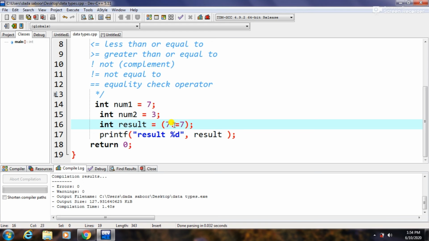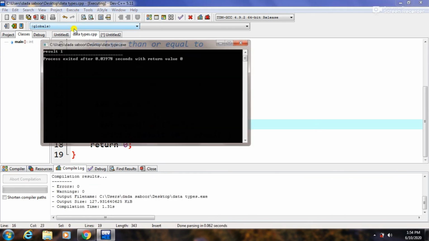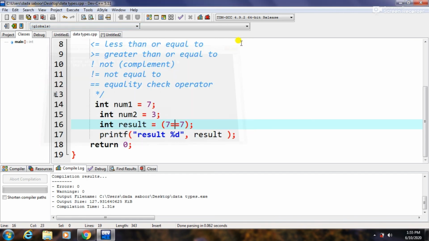Quickly let's move to the last operator. If we write here 7 equal to 7, this is an equality check operator. It means that the values on both sides of the operator are checked, whether they are the same or not. If we execute this code, we can see that our condition is true, so we will get 1 at the output screen. So this is very simple, and it is quite similar to the not operator, which gives the opposite result, and it gives 1 when there are the same values on both sides of the operator.